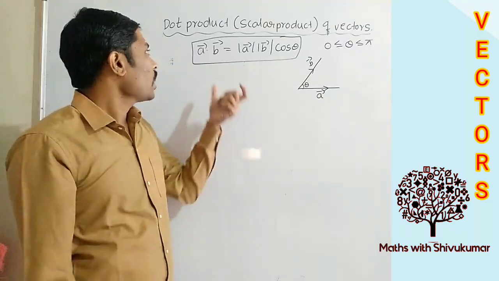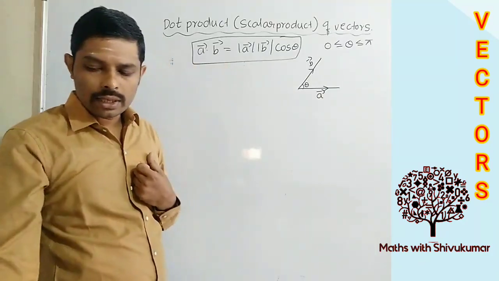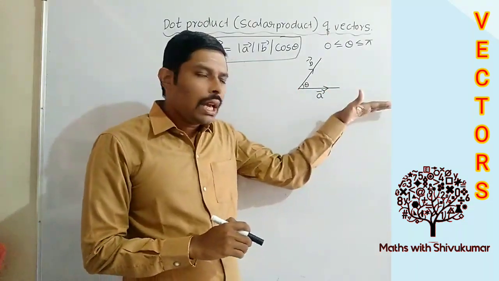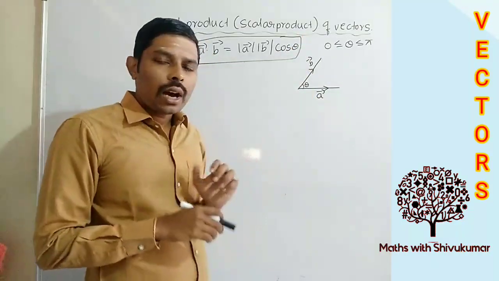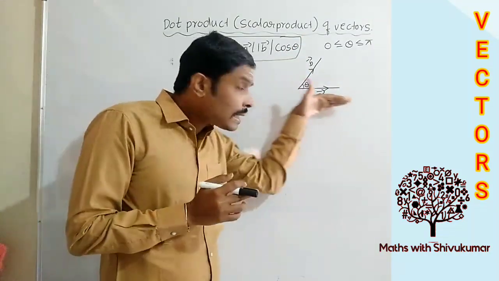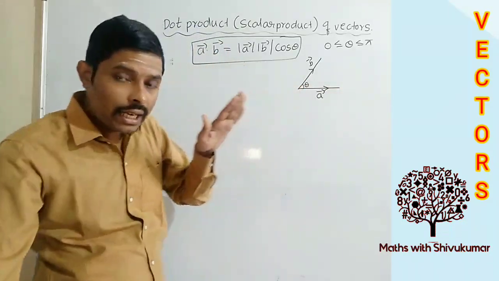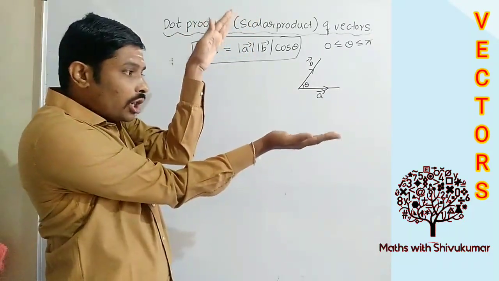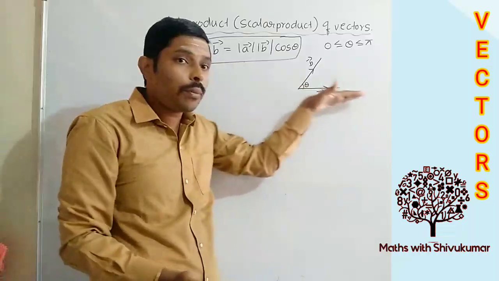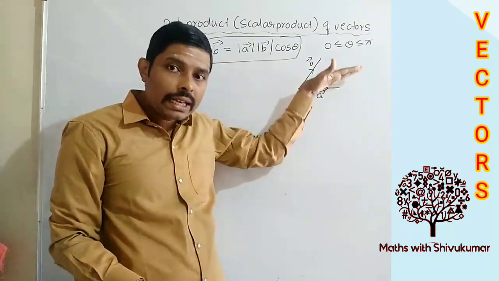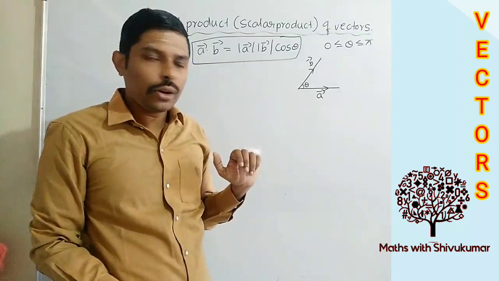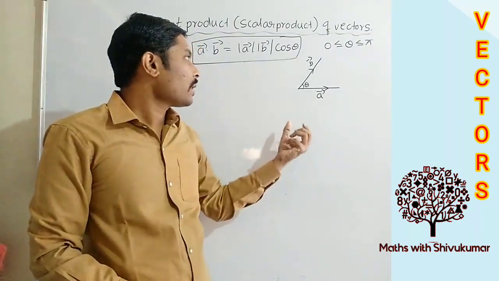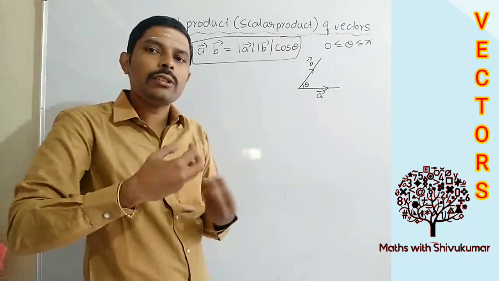Before that, see here. Actually, dot product means what we are doing, students. I will tell, see here. Vector A is in this direction. Vector B is in this direction. I want product of these two vectors in this direction. Try to understand. A is in this direction, B is in that direction. I want product of these two vectors in the direction of A. That is actually dot product. What is the geometrical meaning? Later we will see. I will tell. Just some points are there. After that we will discuss what geometrically dot product tells.